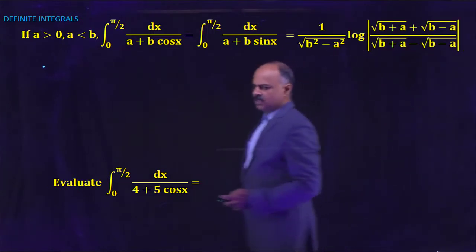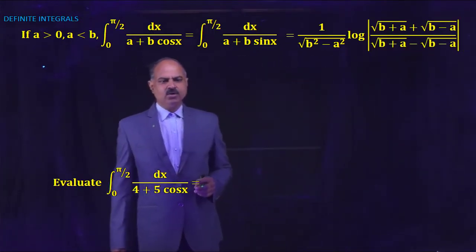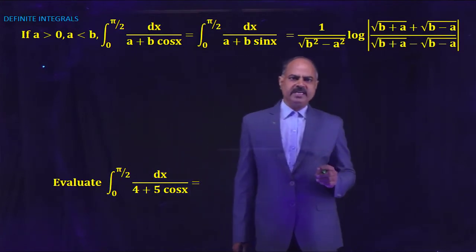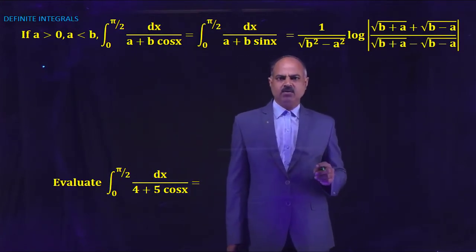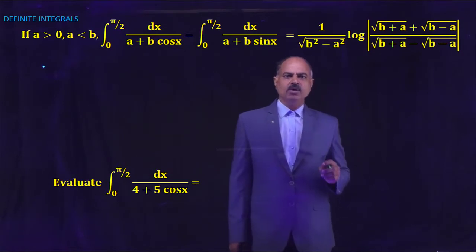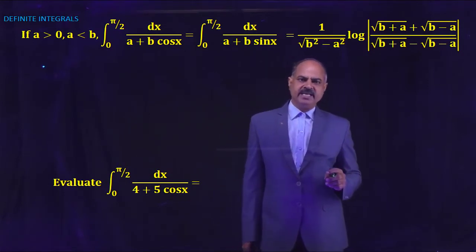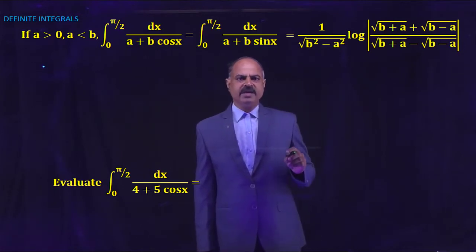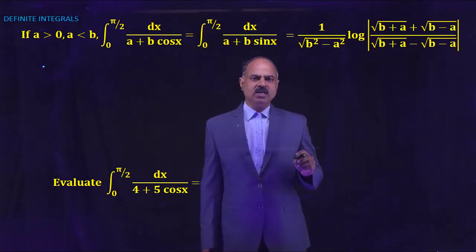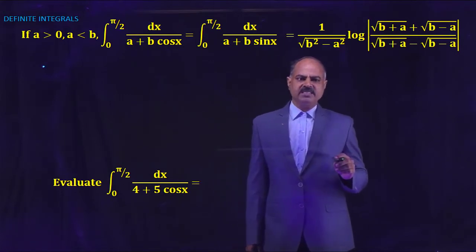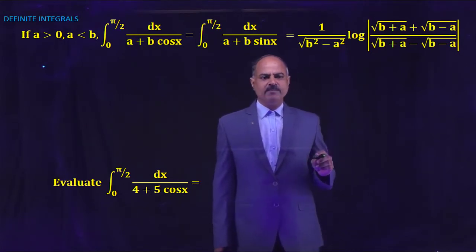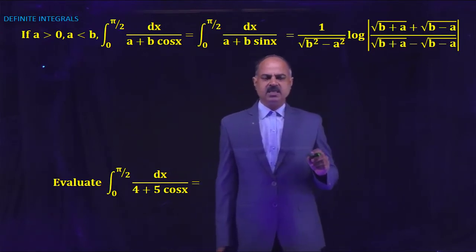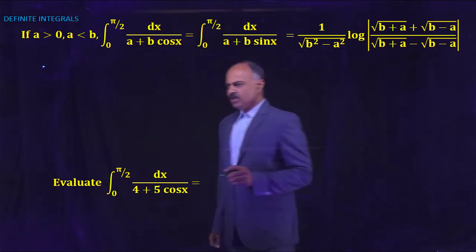Next formula: if a > 0 and a < b, integral 0 to pi by 2 dx by (a plus b cos x) equals integral 0 to pi by 2 dx by (a plus b sin x), equal to 1 by root over (b square minus a square) into log modulus of (square root of (b plus a) plus square root of (b minus a)) by (square root of (b plus a) minus square root of (b minus a)). We know that